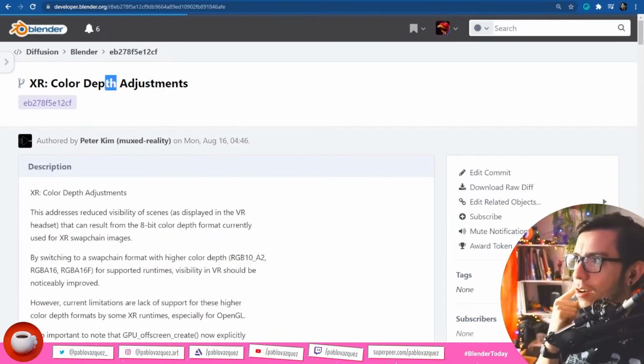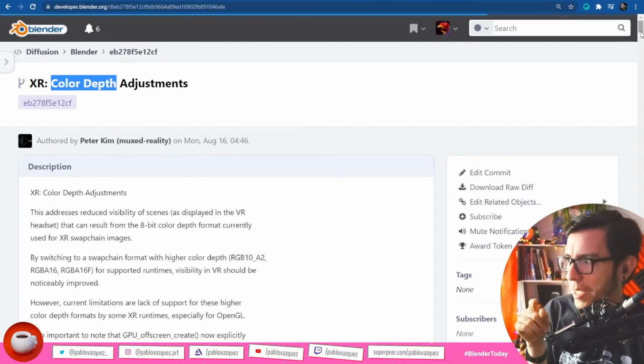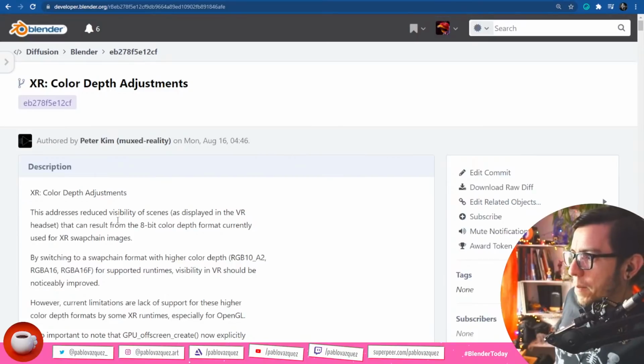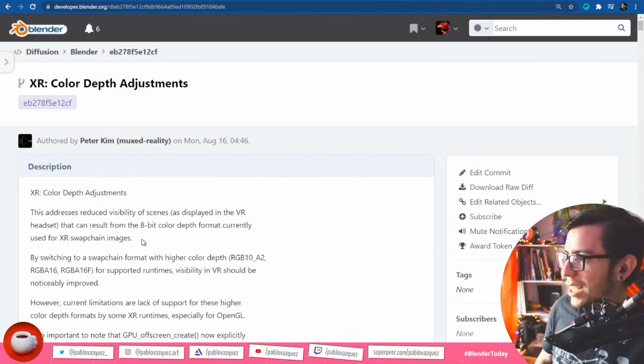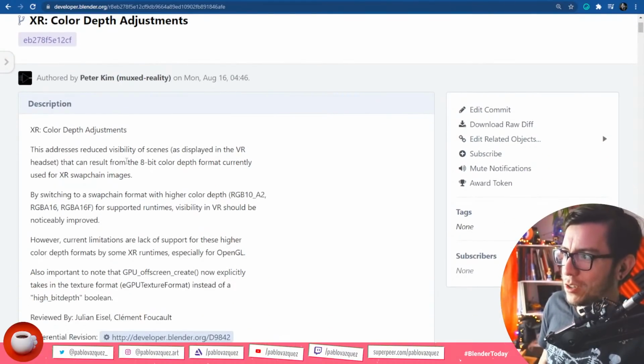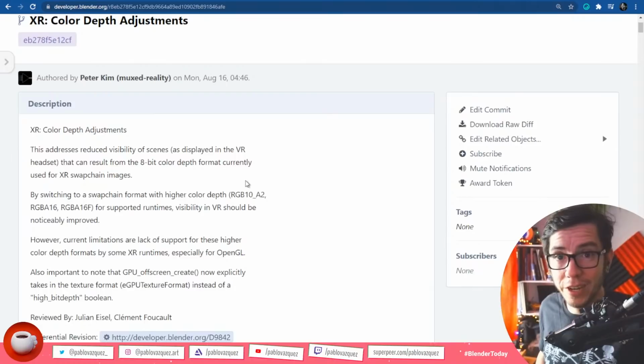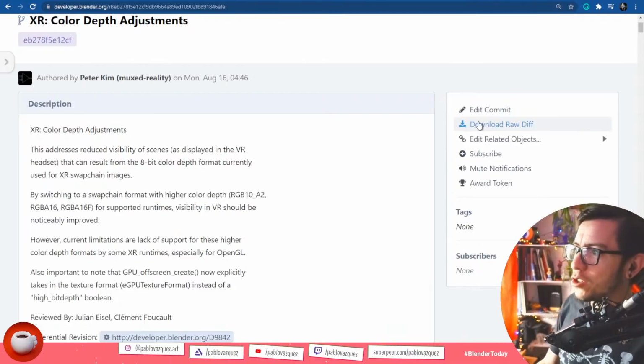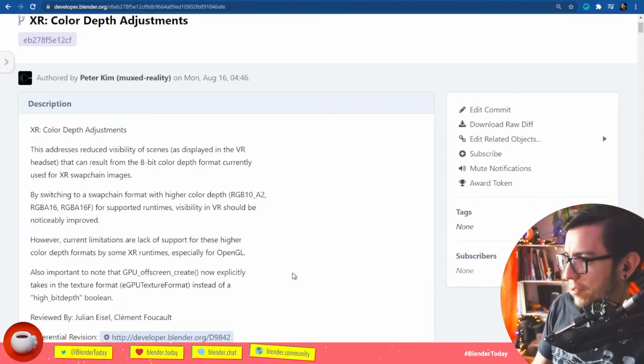The color depth adjustments commit by Peter Kim. It's meant to address the reduced visibility of some scenes displays in the VR headsets that can result from the 8-bit color depth format currently used for XR swap chain images. Okay, some parts I'm not completely following, but if you had issues with the visibility of some scenes, that should be fixed now. So